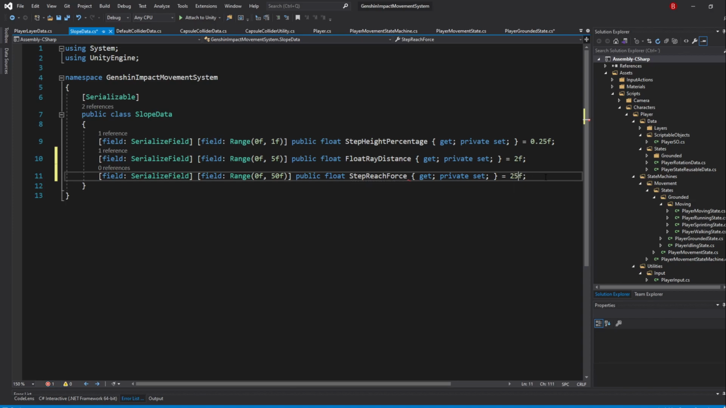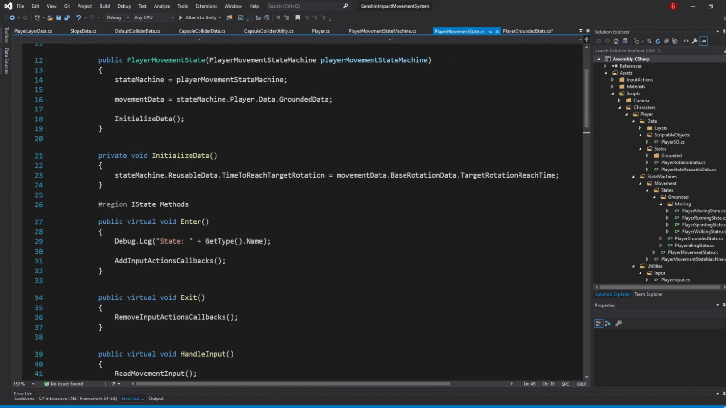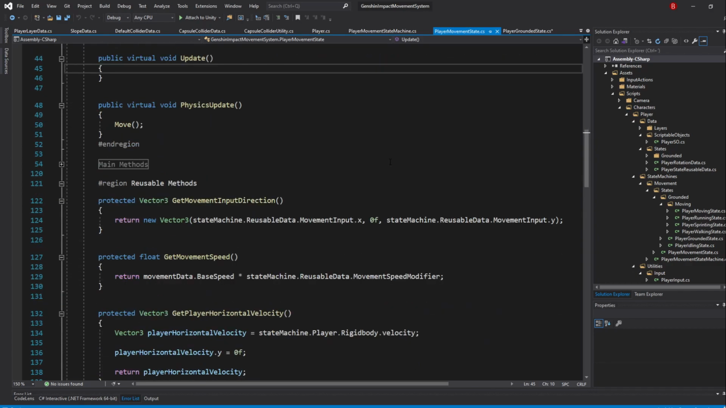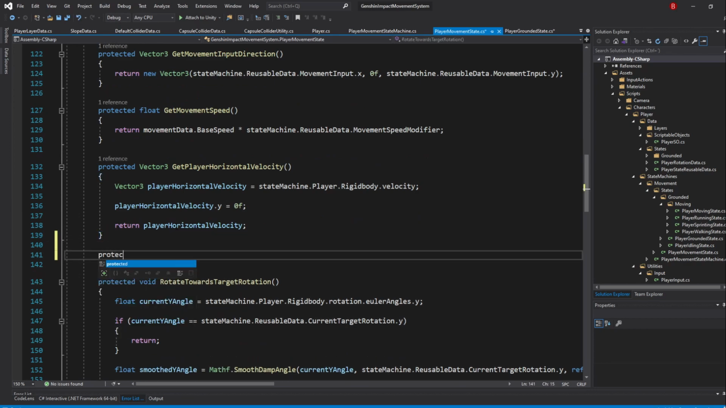I'll default this value to 25f. When that's done, go back to the ground state script and multiply our distance with slope data.step reach force. We'll need to subtract it with the player vertical velocity now, so let's create a method to get a z. Go to the player movement state script and under the get player horizontal velocity, type in protected Vector3 get